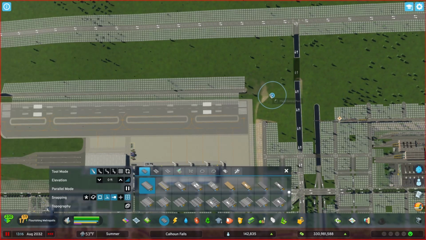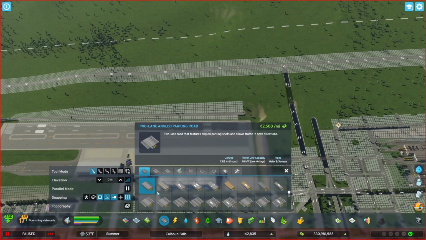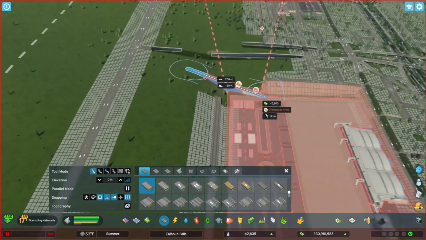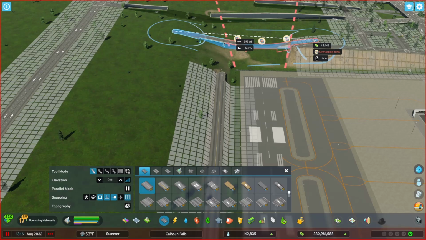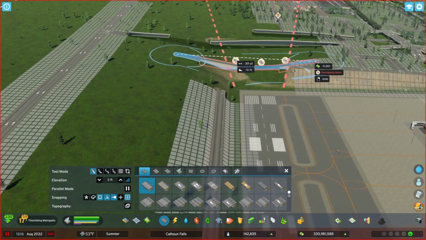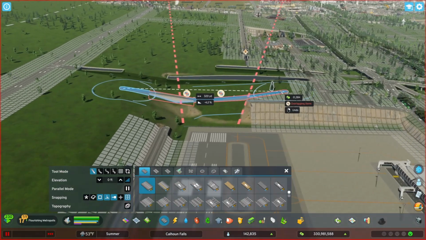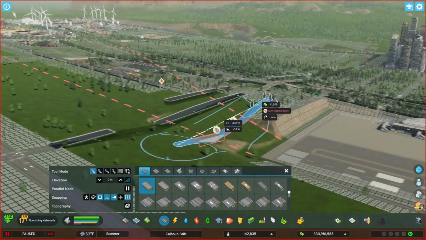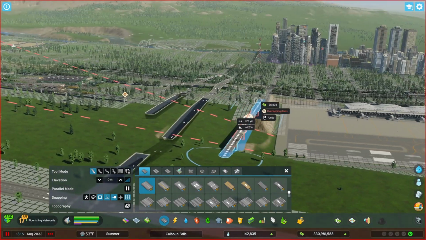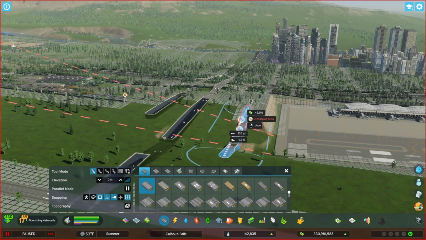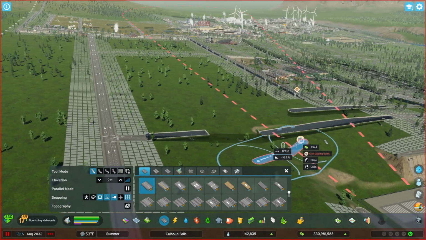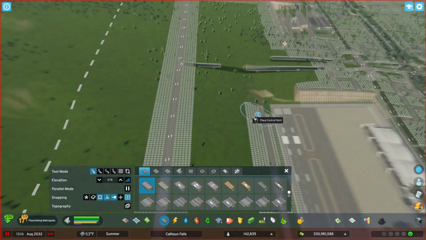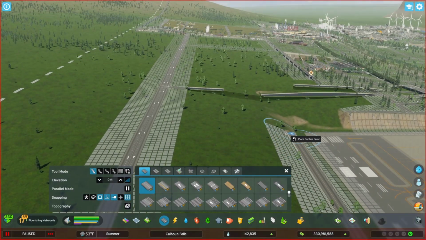However, the problem with this is because it's flat, the takeoff cone that the airport puts up is like this in a somewhat inconvenient way. So that kind of prohibits us from zoning and building a lot of roads in this area under the takeoff cone. Because the ground slopes up too much, we can't actually build roads under that cone. So for this area, we will, I believe, need to do something different